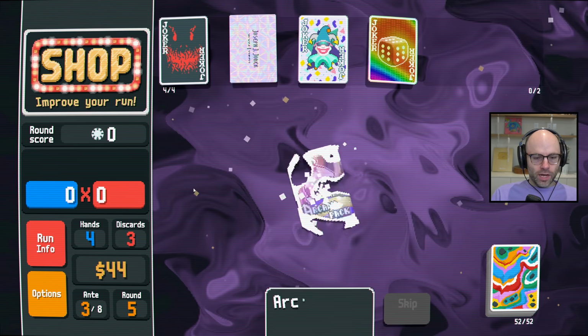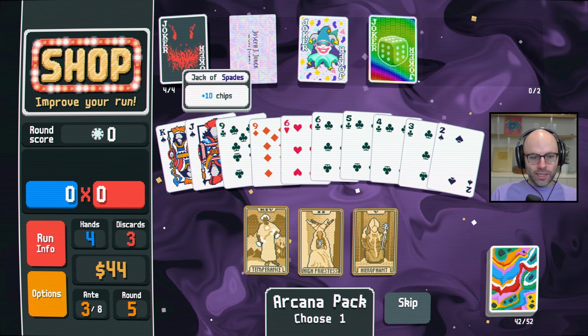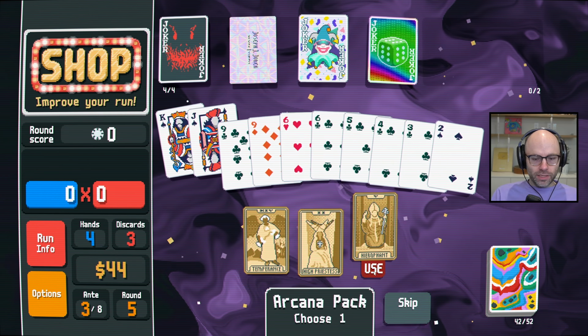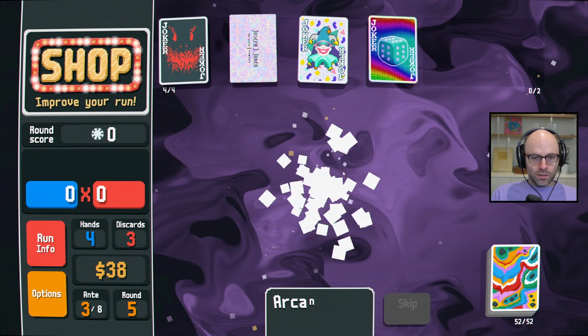We'll always go Arcana. I mean, we're basically just spending our interest right now, which is pretty good. Like, you might say Temperance. And you're right, it's free money, but money's not really an issue right now. At some point, score may become an issue. So, let's